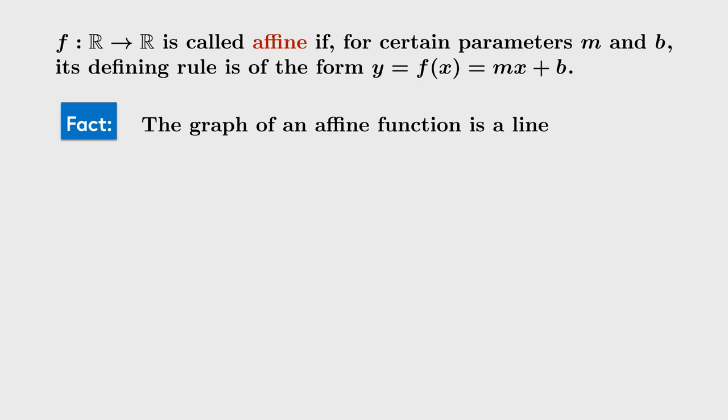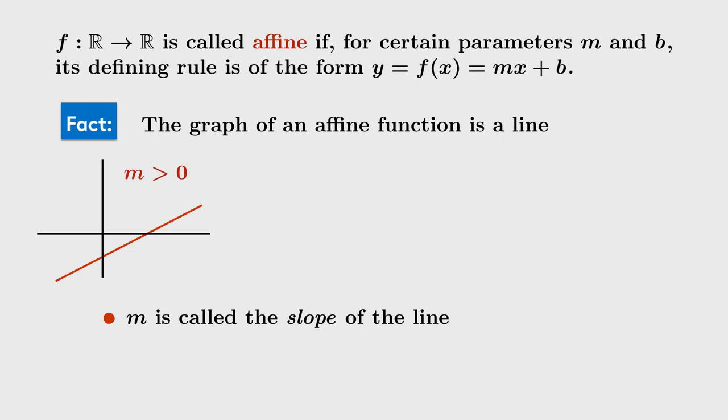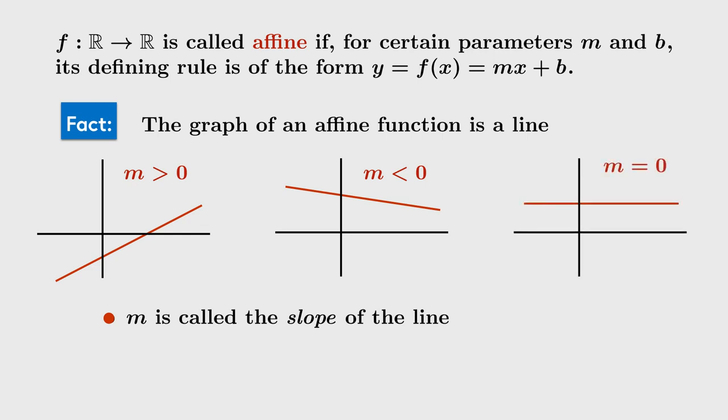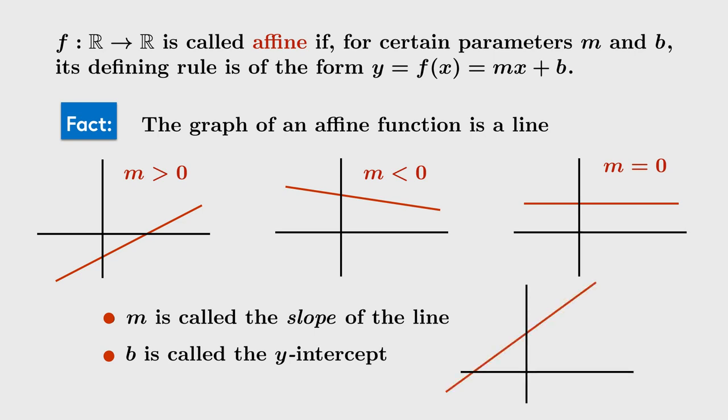The parameter m is called the slope of the line, and in fact it measures how steep the line might be and whether it's going up or down. If m is positive, for example, the line goes up as we move to the right. If m is negative, it goes down, and if m is 0, then you have a flat line, a constant function. The parameter b is called the y-intercept of the line, for the following simple reason. If you look at the point where the line intersects the y-axis, it describes the value y equals b. We'll have more on graphs in the next segment.